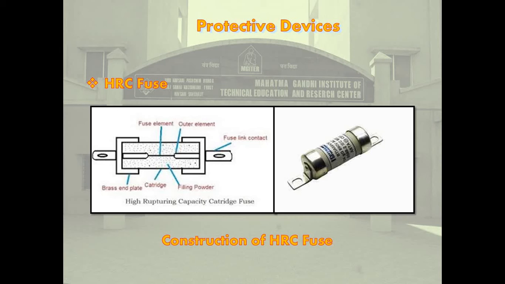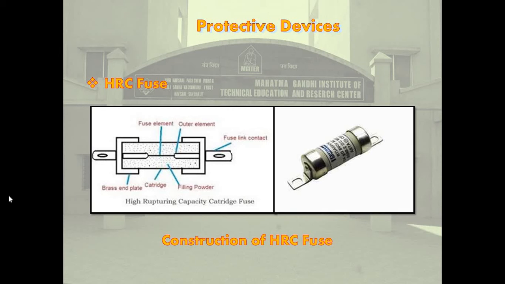Basically, the HRC fuse consists of a fuse element enclosed inside a strong porcelain body. The space in between is filled with specially treated, fine quartz powder. When the fuse element melts due to the overcurrent, it vaporizes. This vapor reacts chemically with the surrounding quartz powder, thus producing a solid substance with high insulation or dielectric strength. Due to diffusion of metal vapor and formation of the insulating mass, the arc is very quickly quenched and cannot restrike.